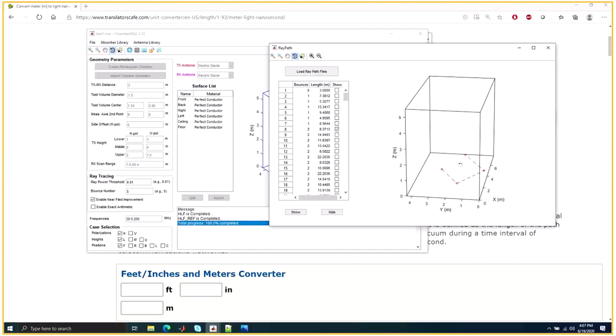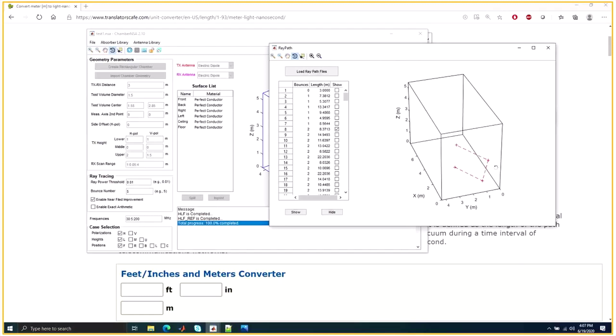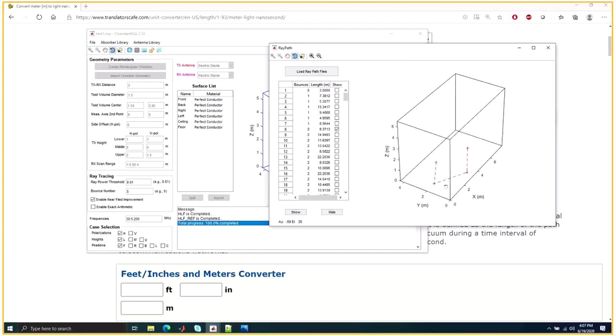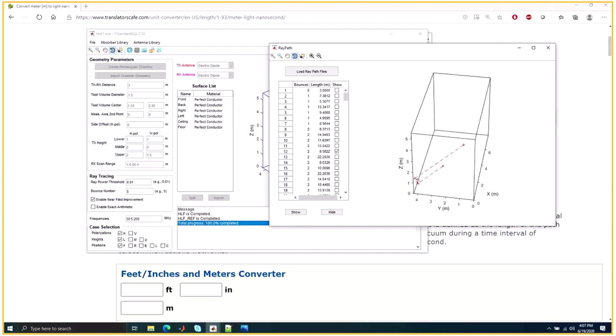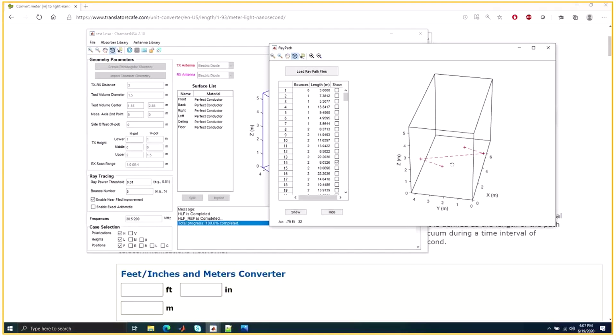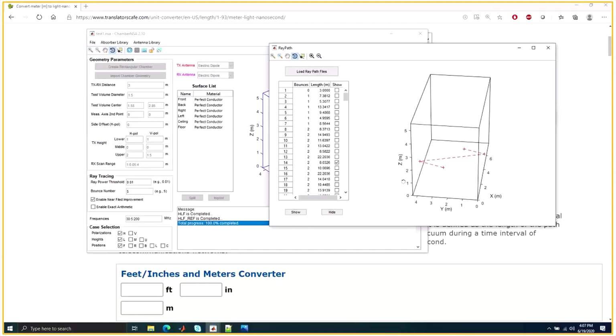Similarly, if you go ahead, this definitely could be a candidate because you have a reflection from the side wall onto the back wall, and then from the back wall onto the side wall and then to your receive antenna. Similarly, this one is also a second order bounce from the back wall to the side wall to your receive antenna. And this reflection would be from side wall to side wall. So these three could be the candidates